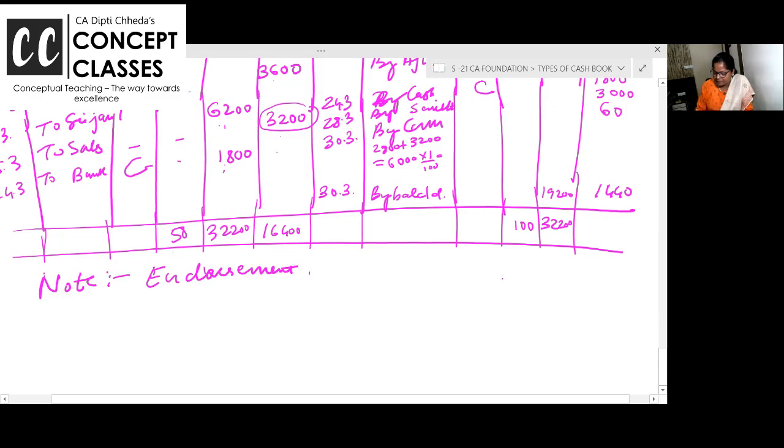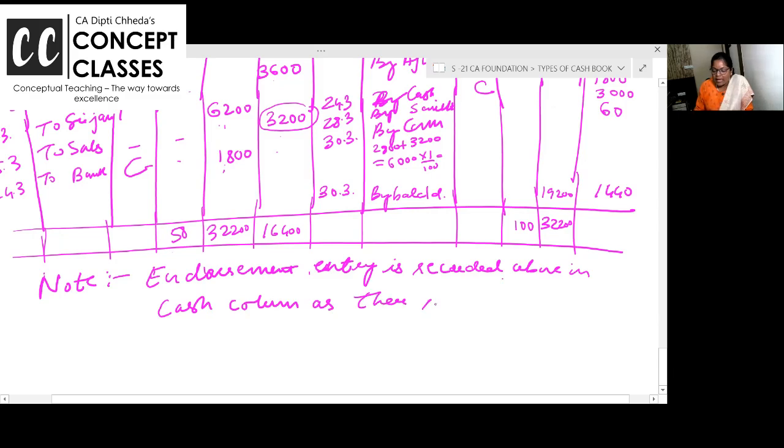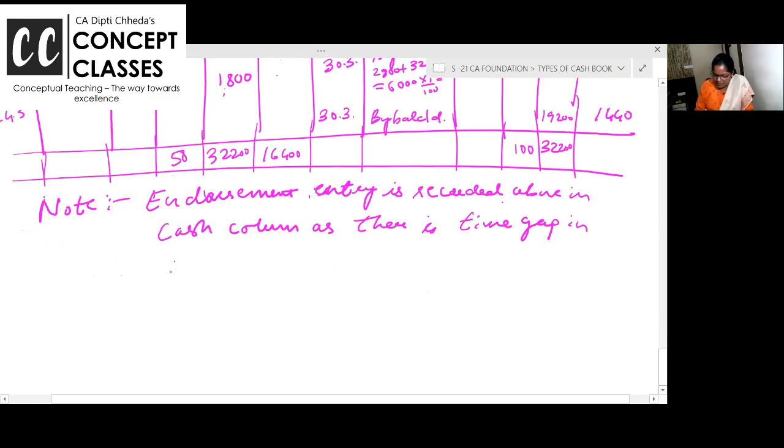Endorsement entry is recorded above in cash column as there is time gap. As there is time gap in check received and endorsed. Endorsement entry,